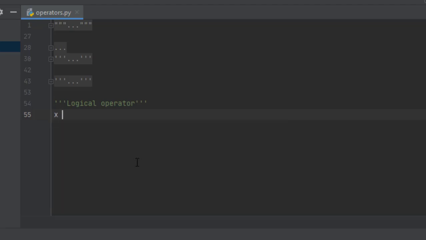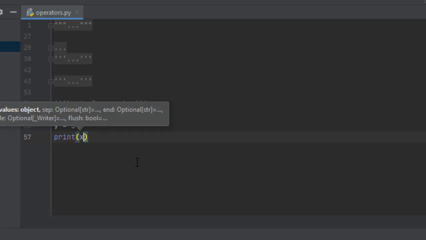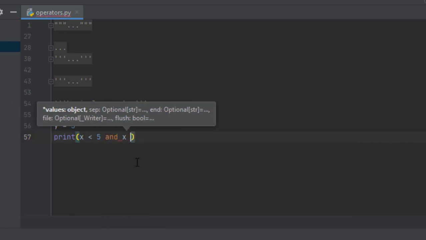Suppose I am giving the value of x is 7 and I say the value of y is 3, and I am printing out x is less than 5 and x is less than 10.